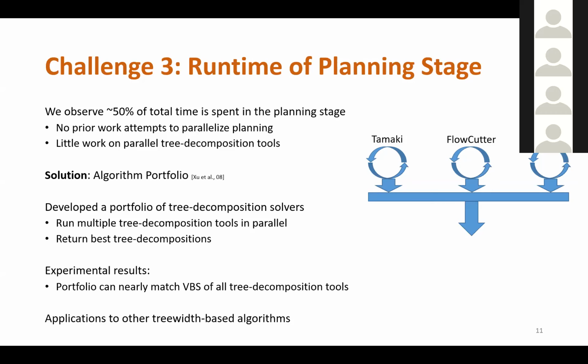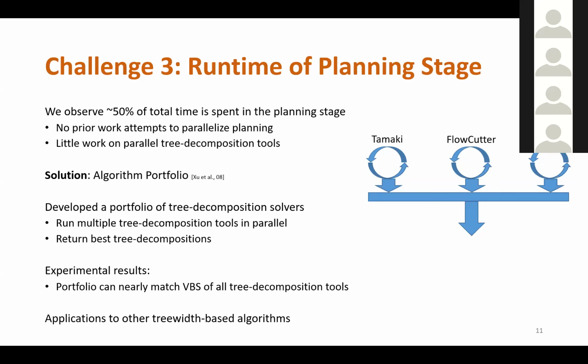And in order to solve this challenge, or begin to solve this challenge, we took a technique that's been very highly used and very performant in the SAT community, which is the idea of an algorithm portfolio. In order to create a sort of master SAT solver, you can take a bunch of smaller SAT solvers, run them all in parallel, and return the first result that you get. And theoretically, this is faster than running any of the solvers individually.